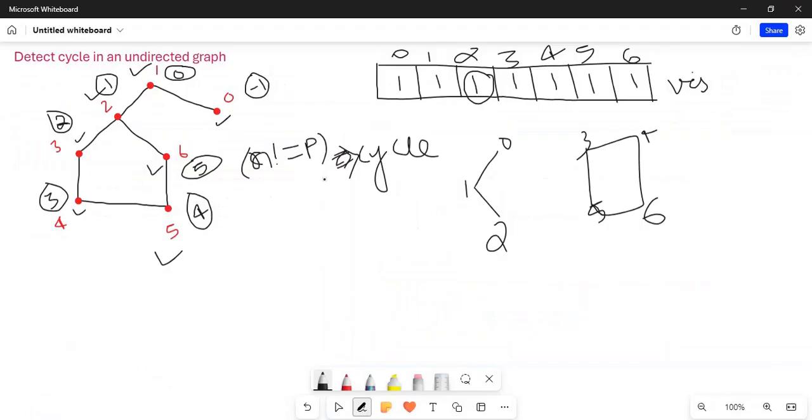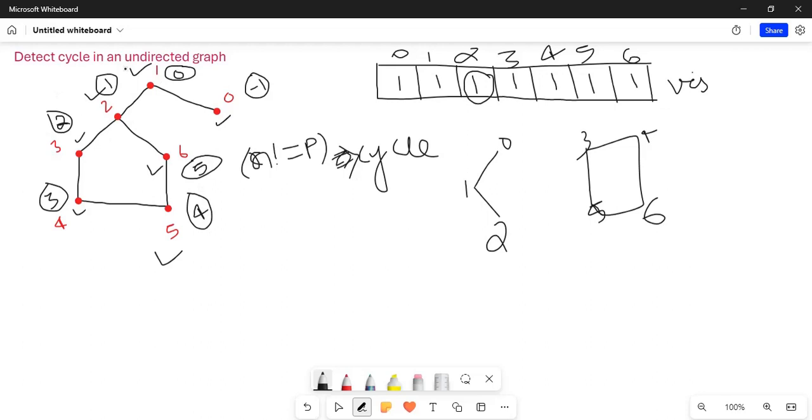One more point I want to discuss. If you are at any node, then you call its neighbors, call all neighbors, and try to find if there is a cycle present, then first return.